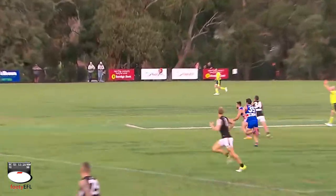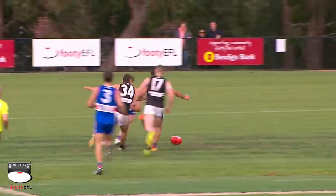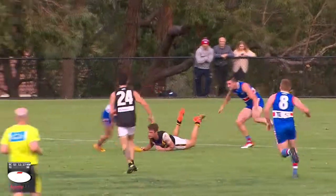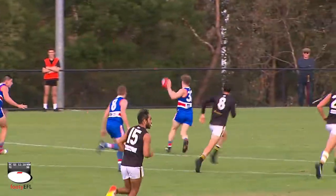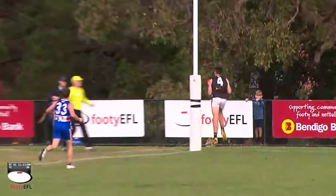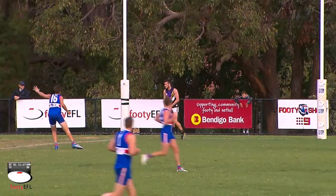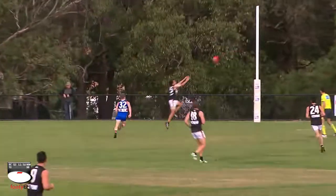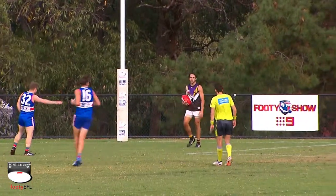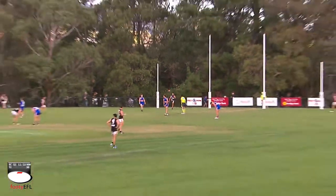That was Jordan who hacked it out of midair. Looking for Feltham. Feltham was pushed off it by Marshall. Marshall socketed along the ground. Oh, he's got it back. That was clever. Marshall gave it to Rosier for goal number 4. And the ball just drifts across the face of goal, and it's marked on the last line of defence there by Pearson. Pearson very short to Lane, who's been one of Norwood's better players in the first half, but it's been a disappointing